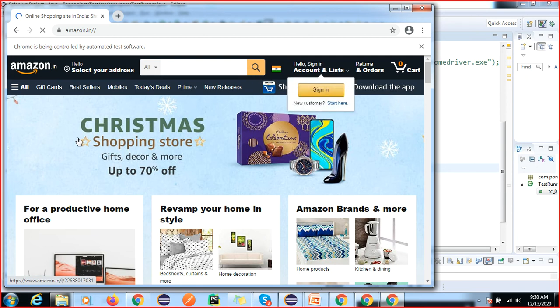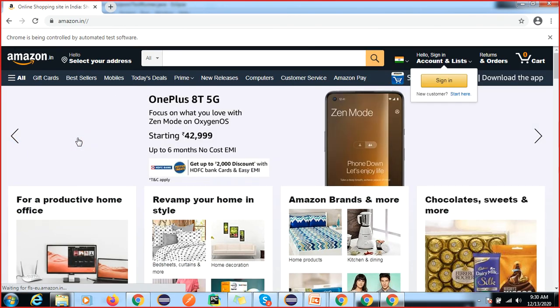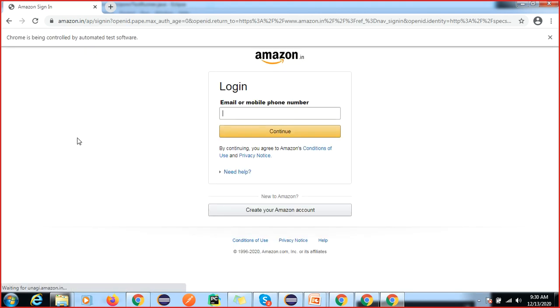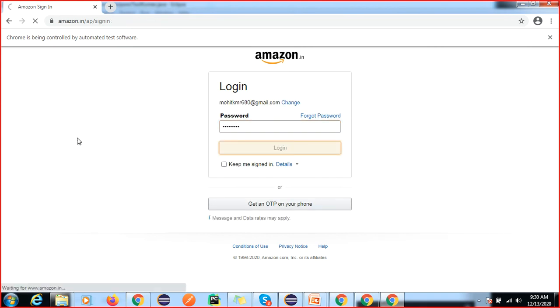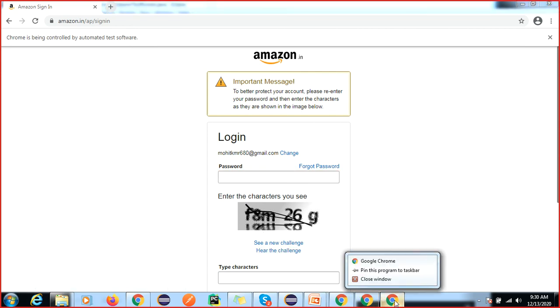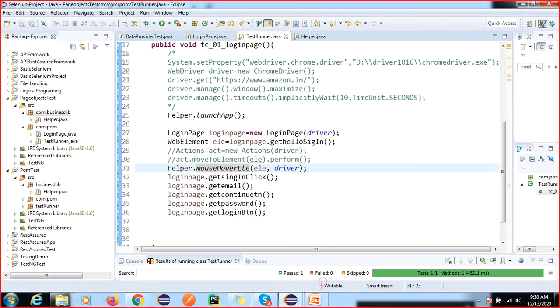Okay, so I'm trying to use the helper class. Okay, so my script is working fine. I have used the helper class here. Before I was not using the helper class. In the last step you can also call the close method. So I already have the close method.